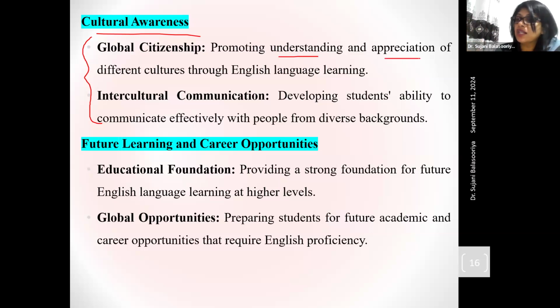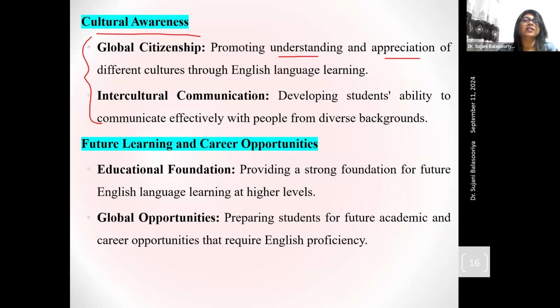So if another culture is not like my culture, then my culture is better than the other culture, right? So therefore, I am at a superior position than the other. Not like that, right? Even if the other culture is different from my culture, it is his culture and this is my culture. It is his way of doing things and this is my way of doing things. And that kind of understanding and appreciation should be there with the kids, right?